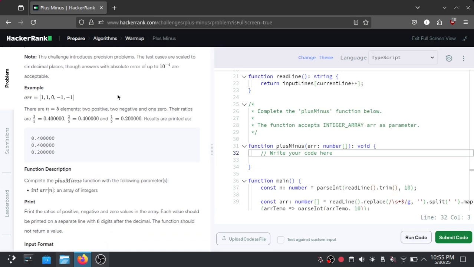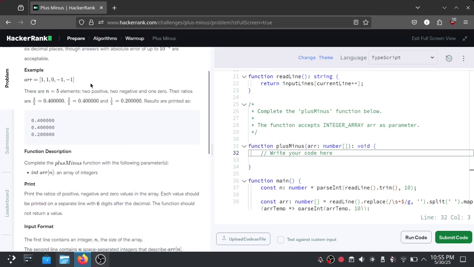So in other words, we are using 6 digits behind the decimal point for the precision in order to successfully tackle this challenge.